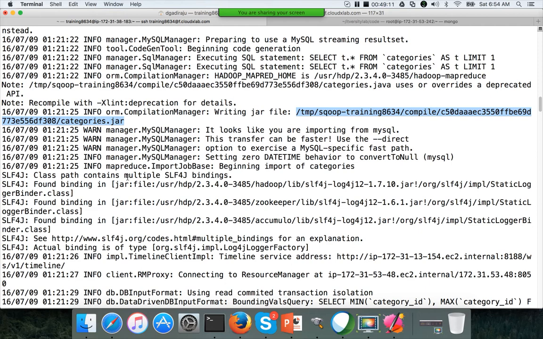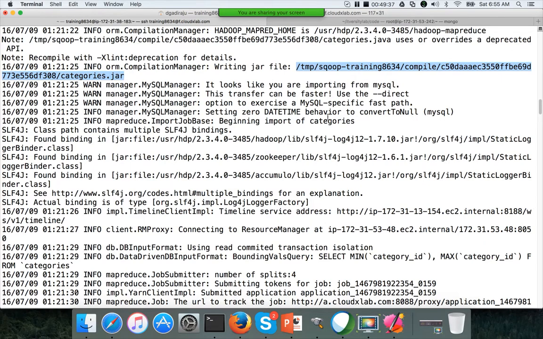As part of the job configuration, and even before invoking the mapper job, if it has to take care of any other aspects of the import job, it will take care of it. You don't need to worry much about it. The only thing you need to understand is that when you issue the command, it will create a POJO class and compile a jar file, and that jar file will be submitted as a MapReduce job, as we have seen earlier with the Hadoop examples jar, the word count program or random text writer. When the job is submitted, you will get the URL to monitor the job. So you can use this URL.